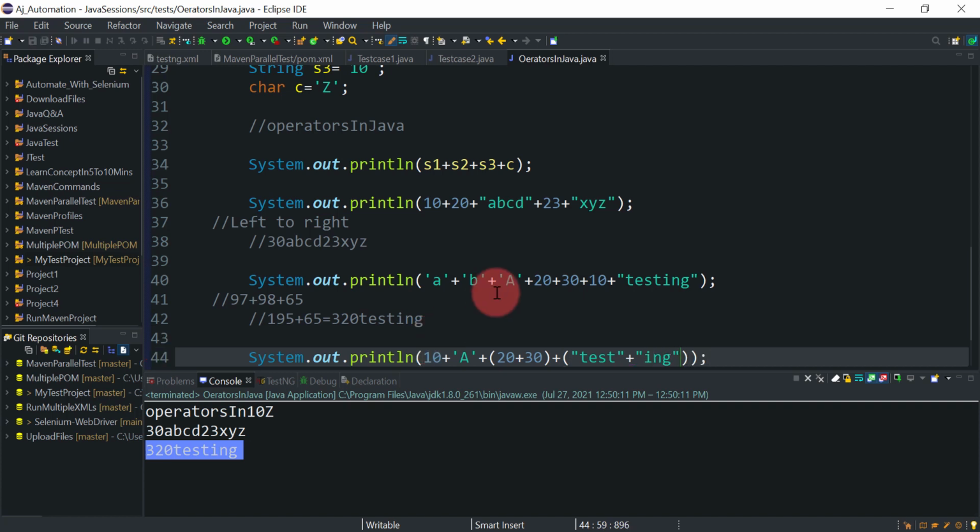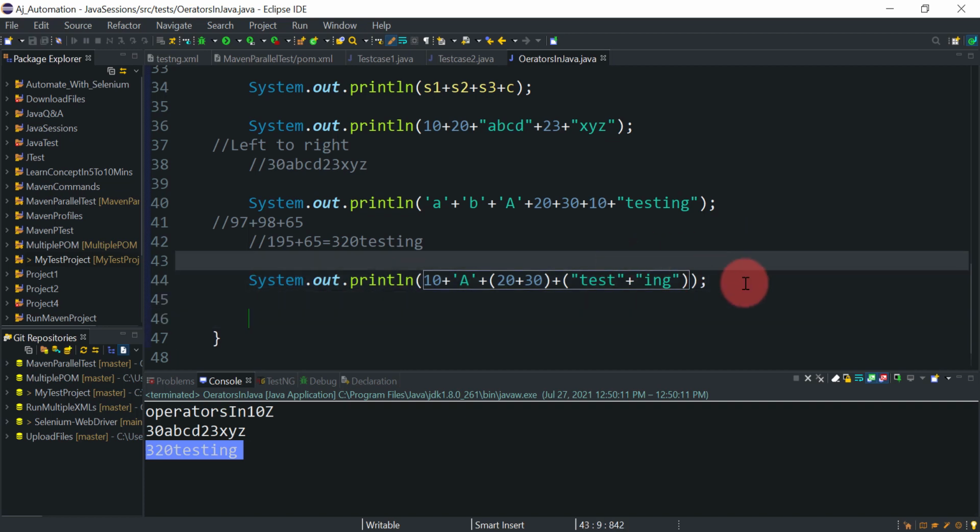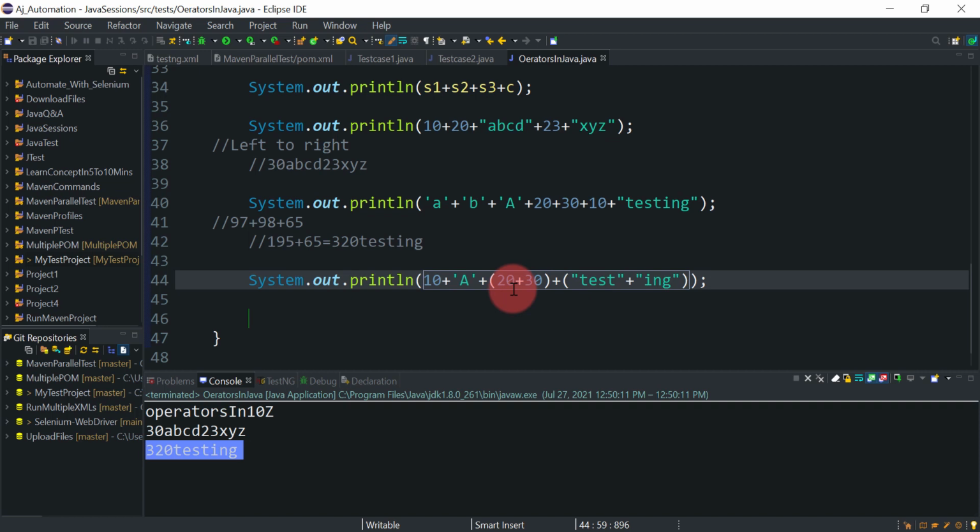Okay, so can you guess what answer we will get for this example? I have introduced brackets as well in this expression. So what will be the result?